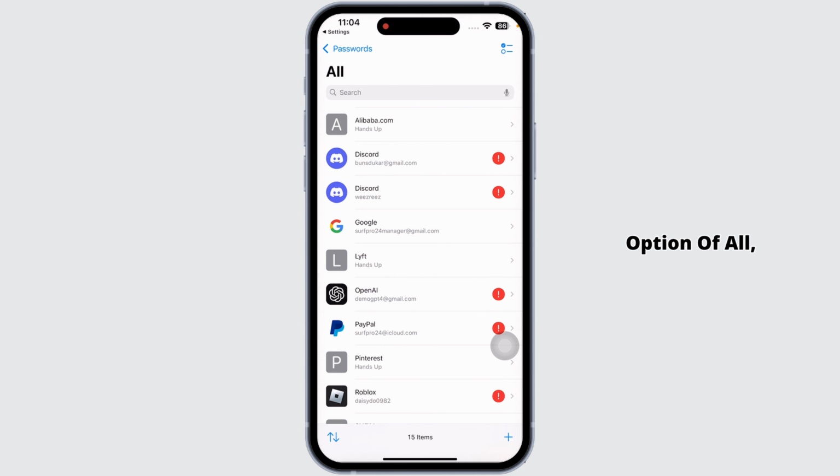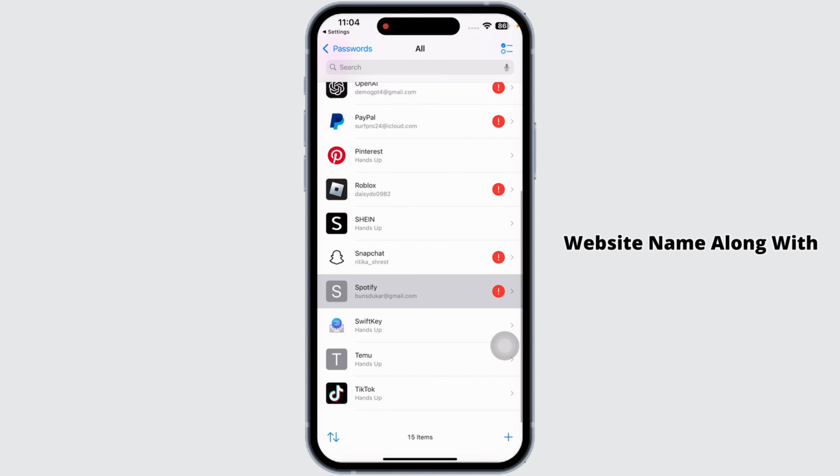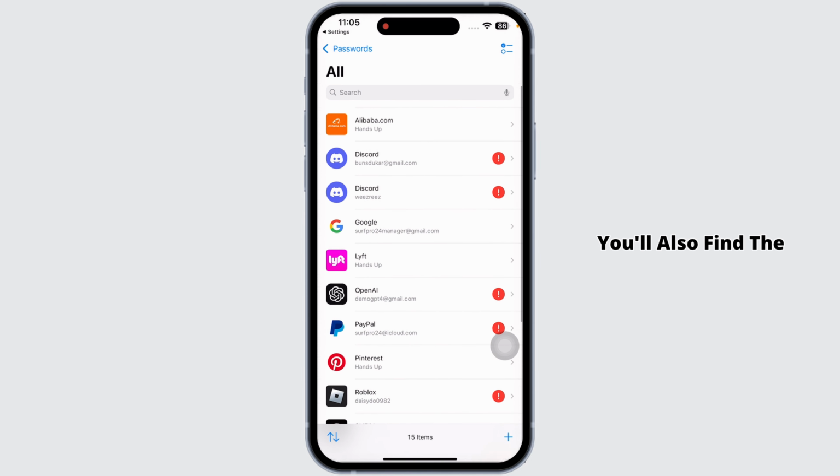Now clicking on the option of All, you're gonna find the website name along with the password. You'll also find the option of Netflix if you have saved it. Clicking on the option of Netflix, you're gonna get the username likewise password. Next thing,